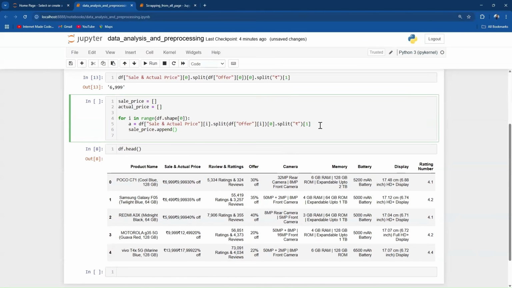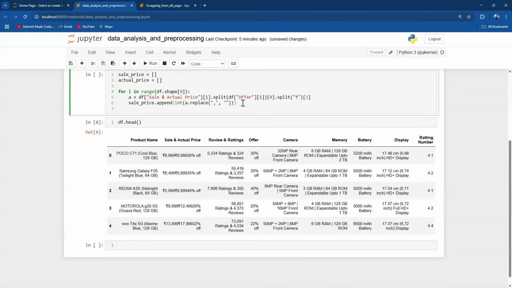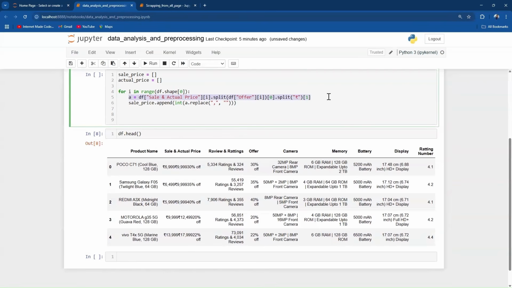And one more thing here, I don't want this comma-related thing. So what I can do here, whatever values I just found out, we have an option to directly replace it. So dot replace, with a comma, with nothing. Okay, with nothing. So getting the number like this and just make it an integer. So what I can do here, just make it an integer, and whatever values I find from a, let's replace the comma, we'll make it blank. Now the first one is appended, and the second, b, so let's do the copy paste,